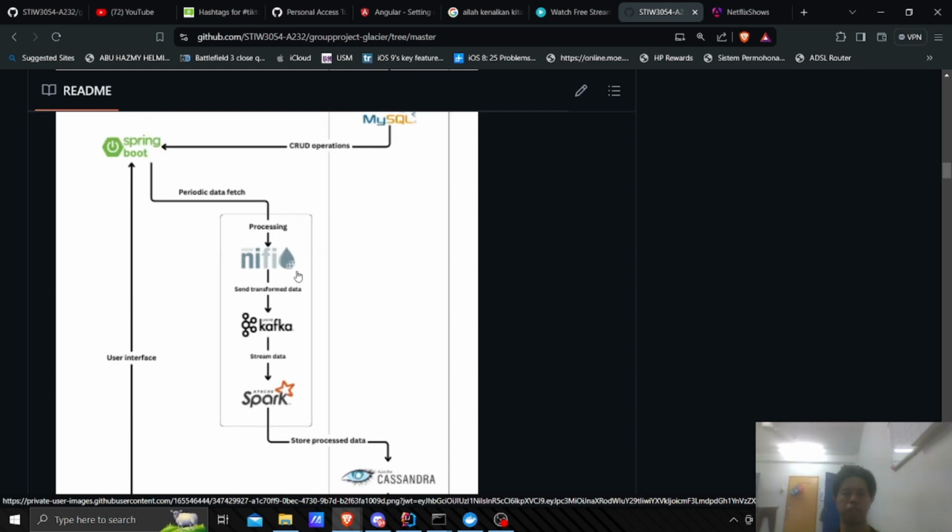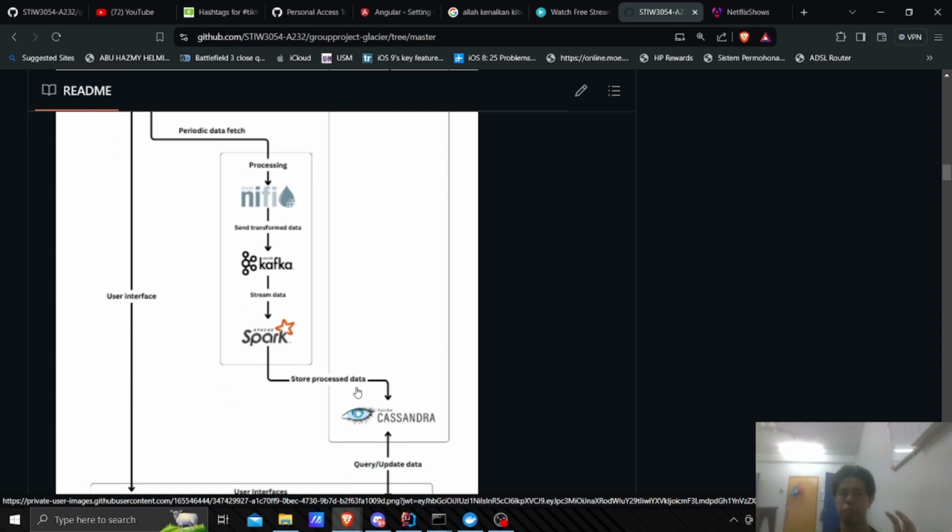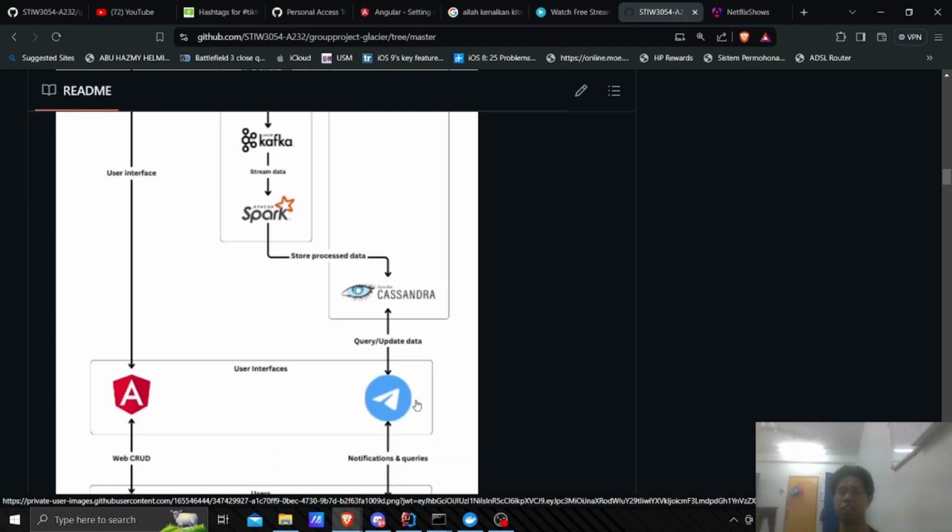As you can see, processing NiFi, Kafka, and the last one, stream the data to Spark, and Spark sends all the data to the Cassandra database. So the Cassandra, we update any changes of new data to the user